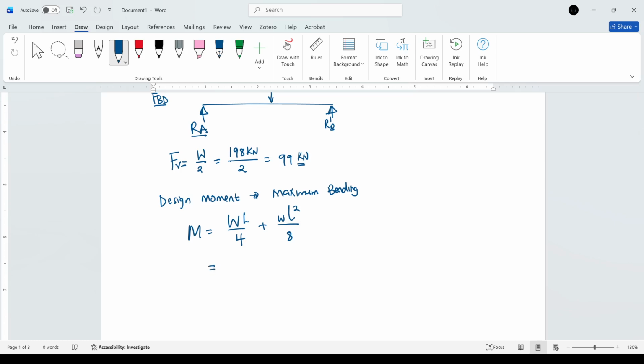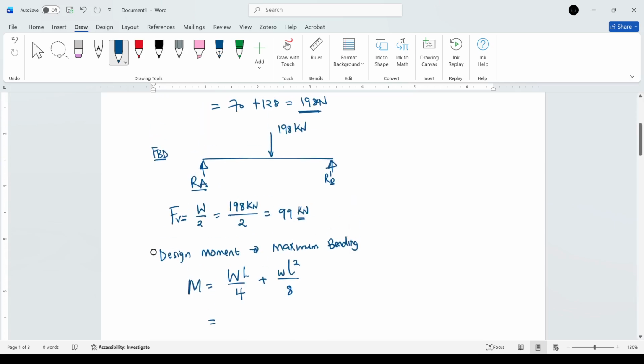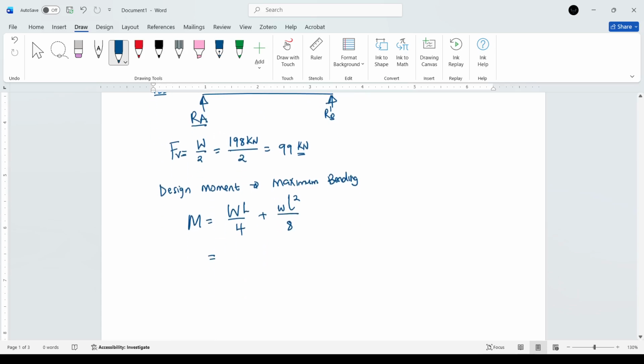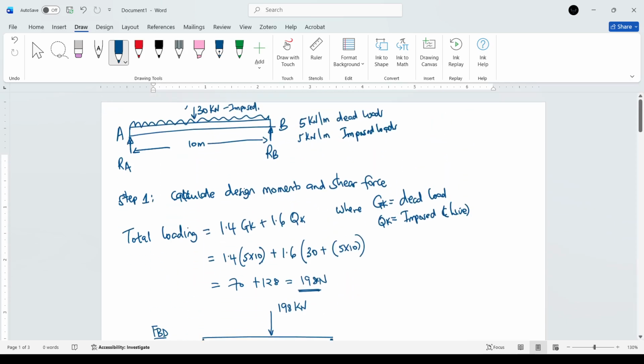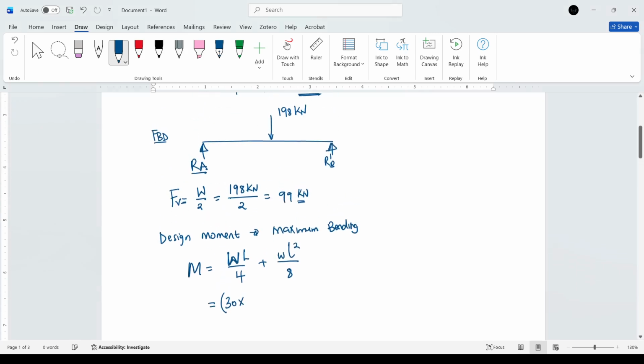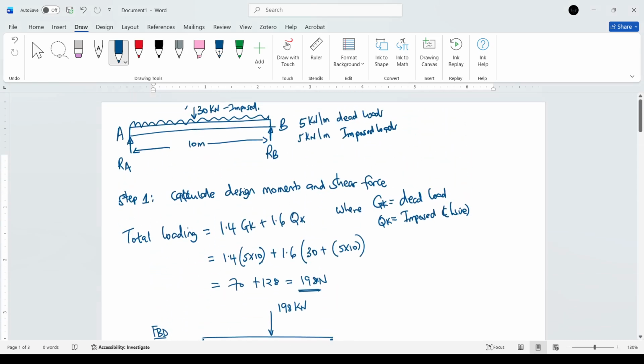What's our W? 198. Let's be conscious, because we know this W is the W as a result of the point load. Yes. It's the W as a result of the point load, which will be 30 kilonewtons multiplied by, is it dead or imposed? It's imposed,